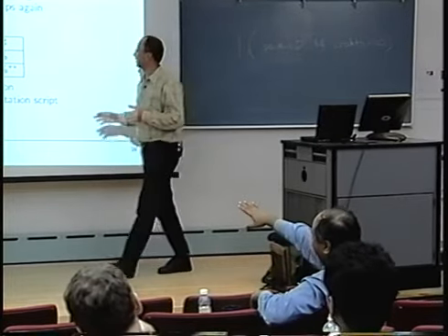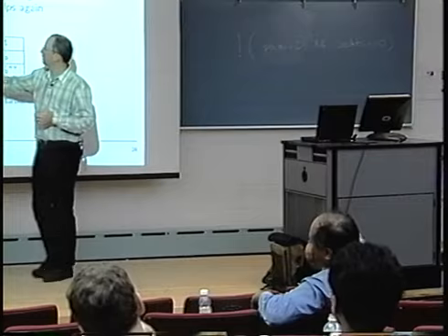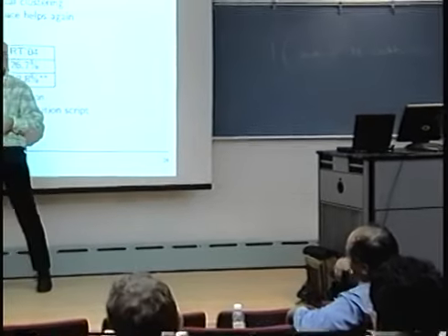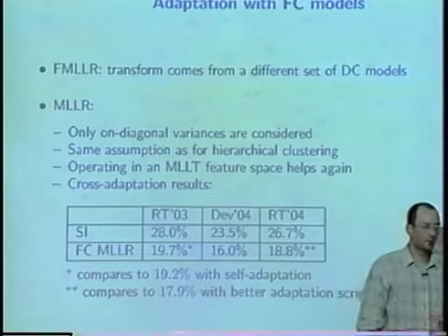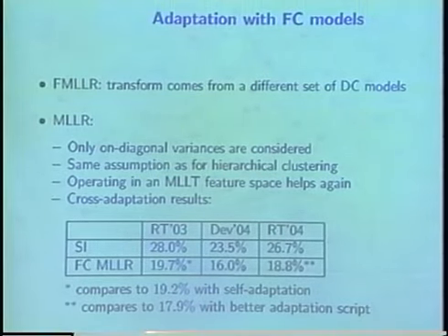We simply tell you what happens if you use a better adaptation script instead of the SI script, how these numbers change. But they're not really relevant to this, okay. Because the reason I thought about what I just said is